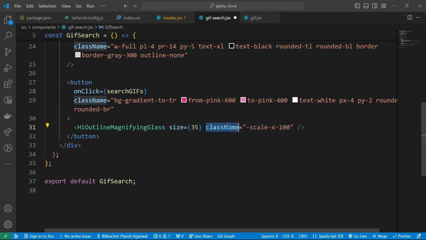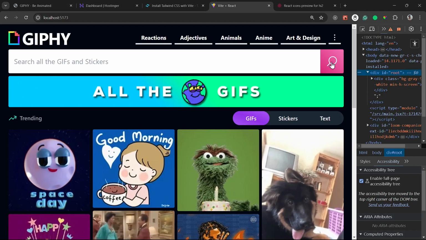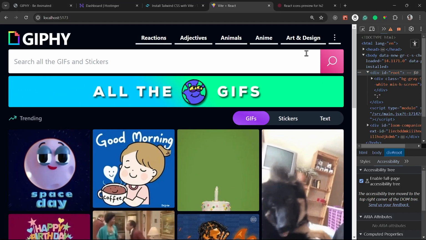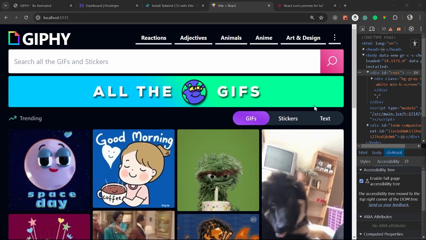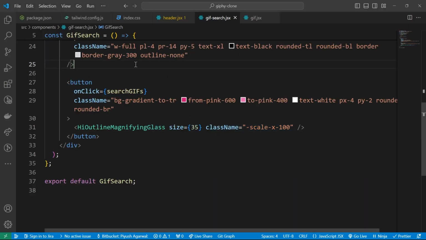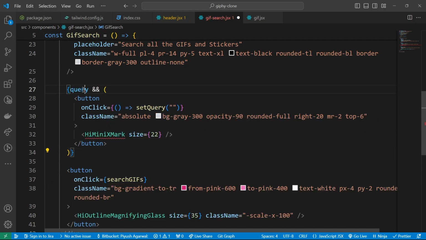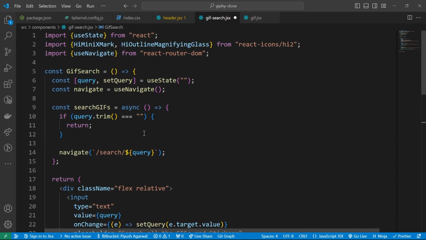So by default, if I remove it, you're gonna see this is like this, right? But I want it to be facing the other direction, so just like this. Great. Let's add that X symbol over here. First of all, we only want to show that symbol if the query is there. So right here, if there's a query, I'll have this button, and I'll have this HiMiniXMark, which